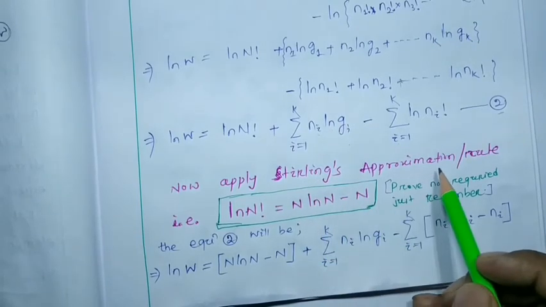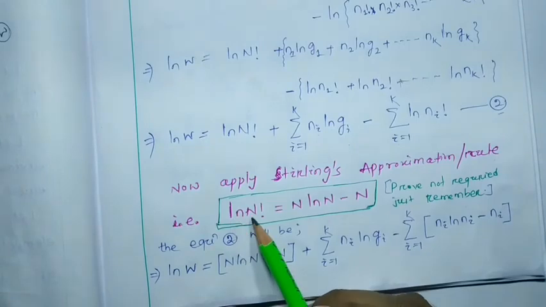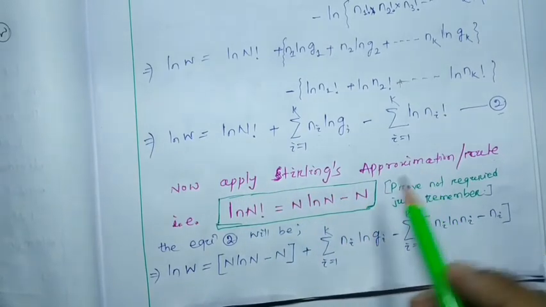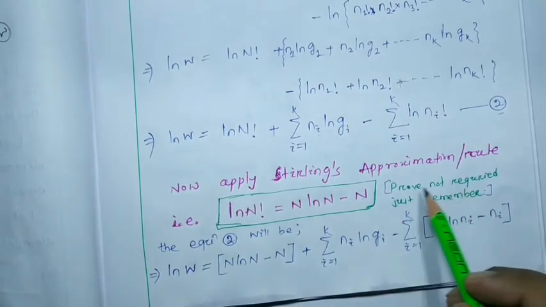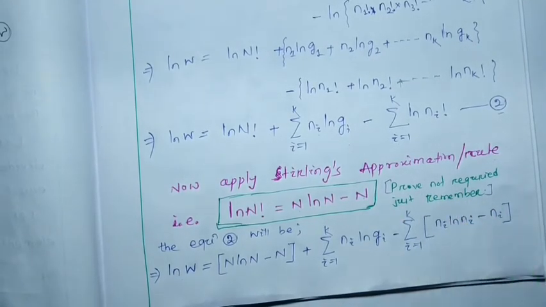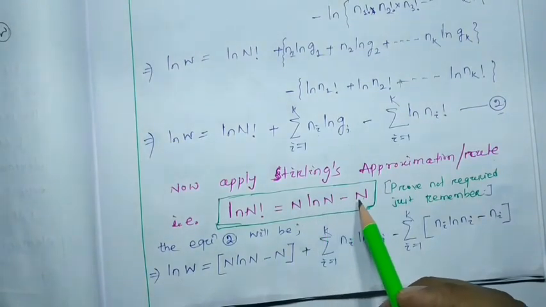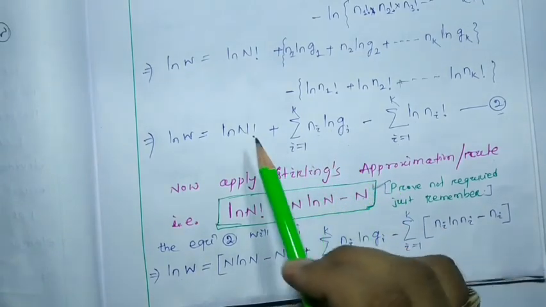Stirling's approximation or rule. You just remember that whenever ln n factorial will be there, according to Stirling's approximation, it will be n ln n minus n. Here no proof is required for your syllabus, although it has a proof of how ln n factorial will be equal to n ln n minus n. You just remember this, and we have to apply this one here, here,